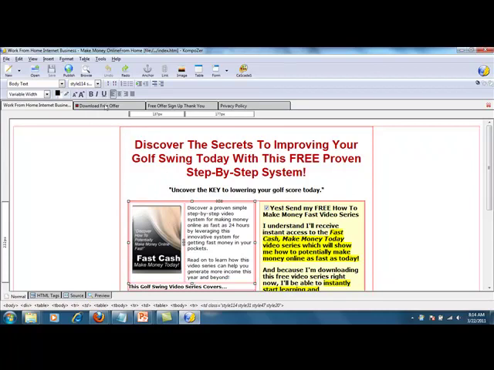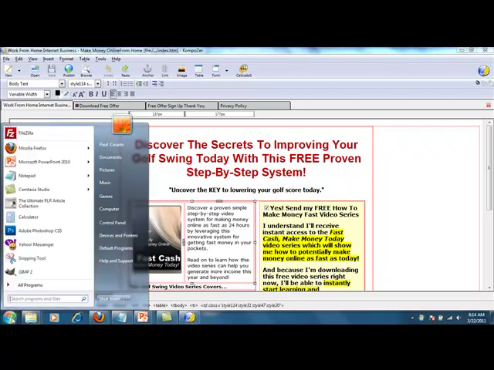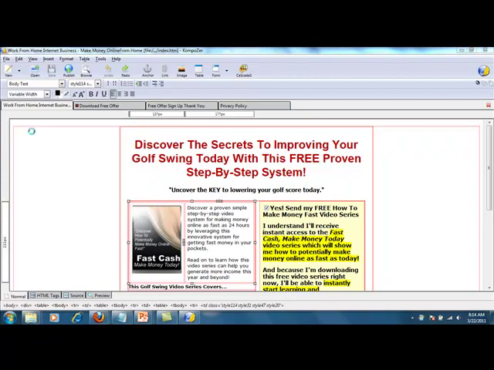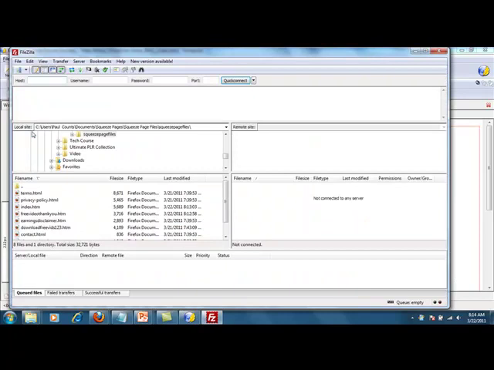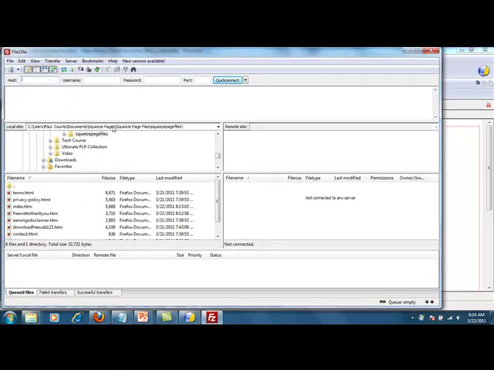Now that you've got these things set up, you need to actually get them live and onto your server, so you can actually start using them to list build with. So what you need to do is open up FileZilla for this process, and this is really the final step that you need to go through here. Inside FileZilla, on the left hand side here, these are all the files on your computer. And on the right hand side here, these are the actual files that you see on your